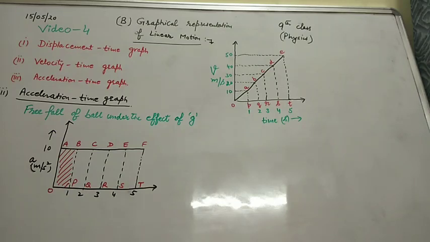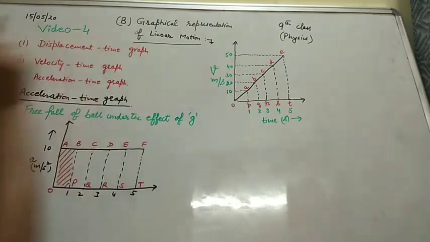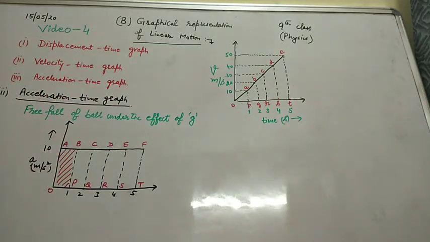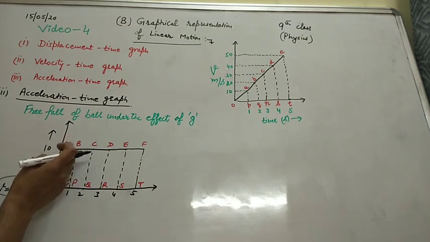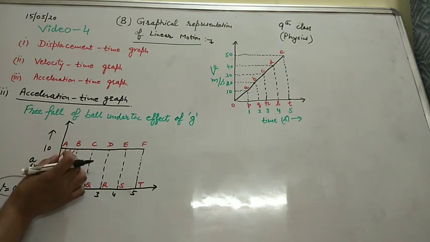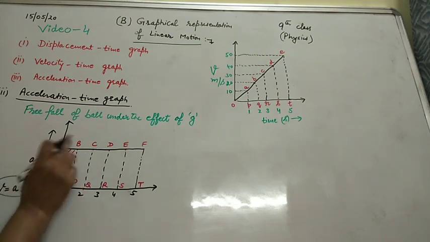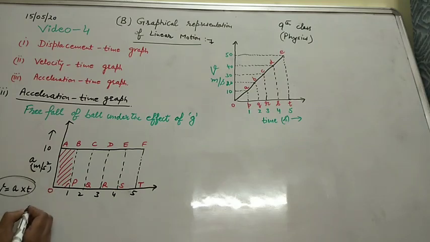So I can get the velocity time graph from this acceleration time graph. But how it is coming, try to understand. As you know, velocity is equal to acceleration into time. So from here, if we want to get this acceleration into time, we can get that for different intervals by finding the area under this first rectangle.